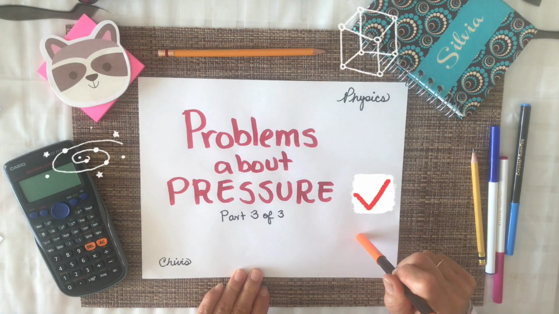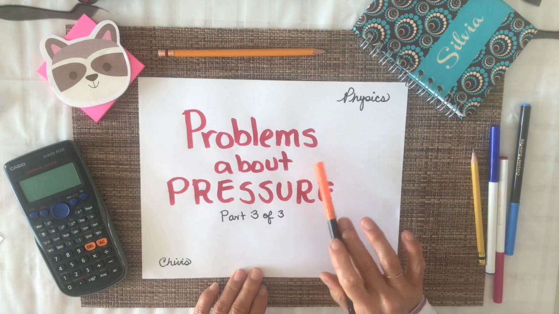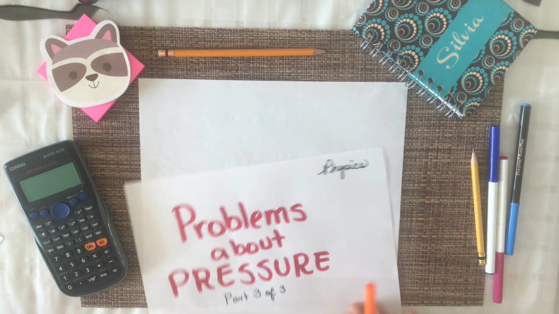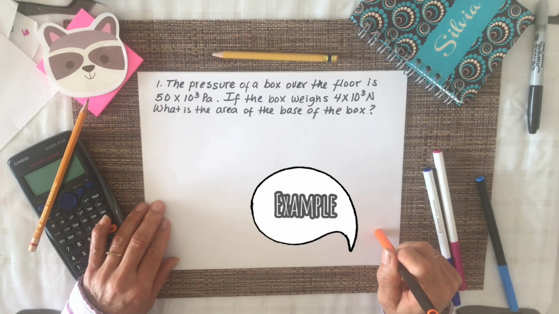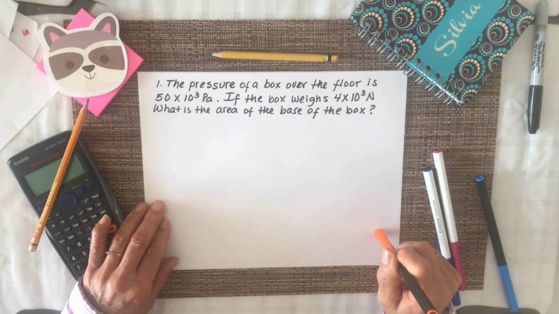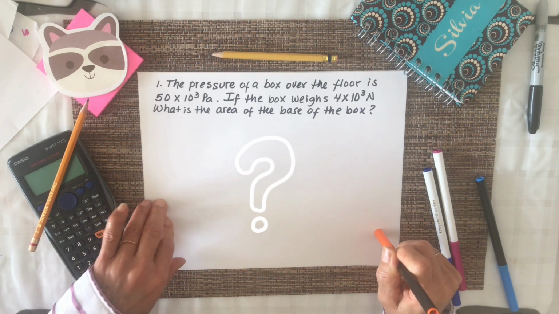Okay, guys, we are going to continue with the last part of the problems about pressure. In this example, the pressure of a box over the floor is 50 times 10 to the third power Pascal. If the box weighs 4 times 10 to the third power newtons, what is the area of the base of the